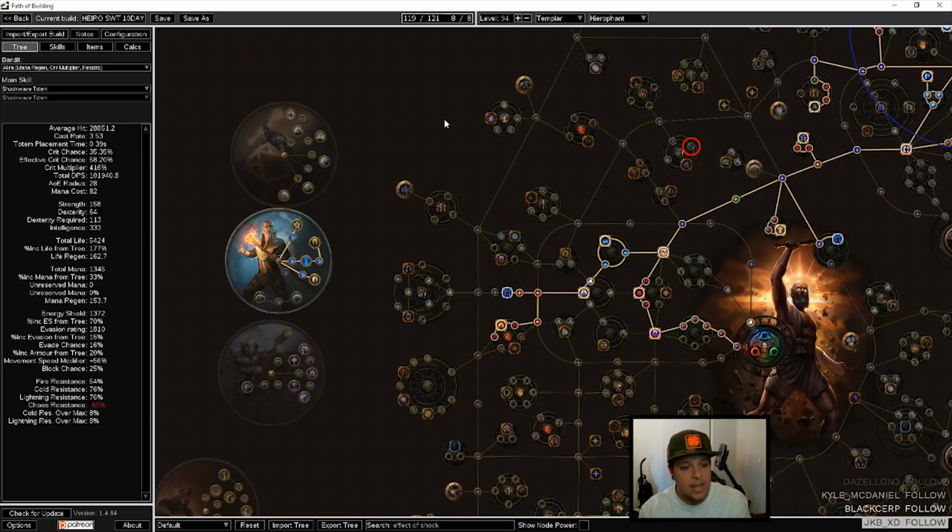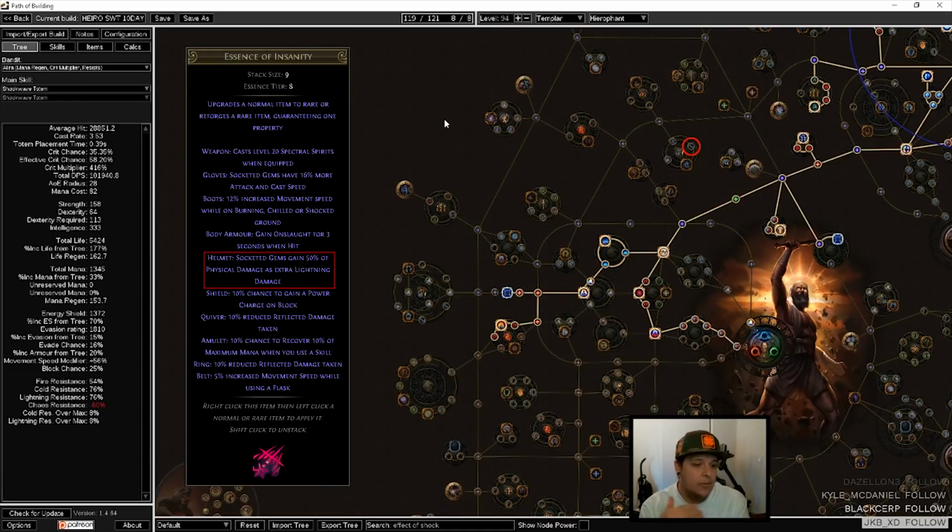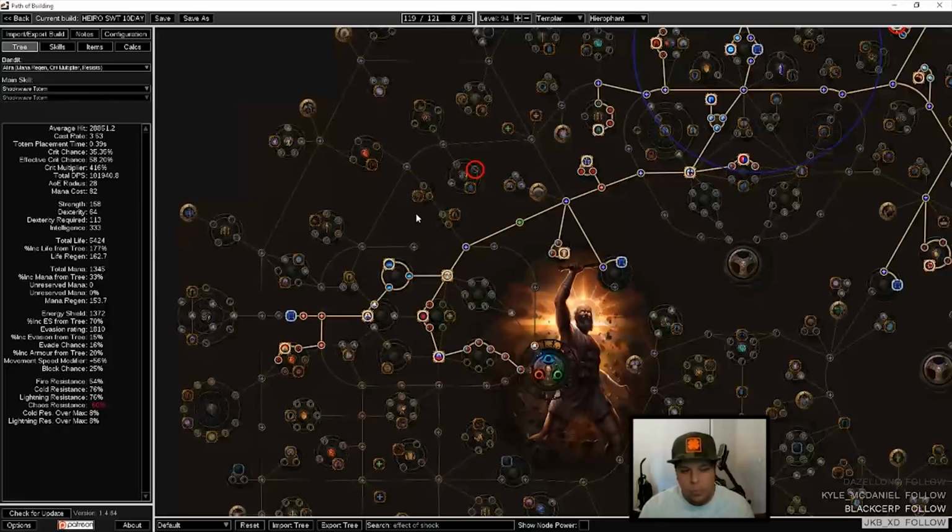Now, an Essence of Insanity grants you 50% of the physical damage by a gem that's socketed in it as extra lightning damage. That's pretty good. That's essentially like a better version of added fire. Also, one thing that I really like about the gem choices available to Shockwave Totem is that physical lightning is very, very strong for Shockwave Totem,